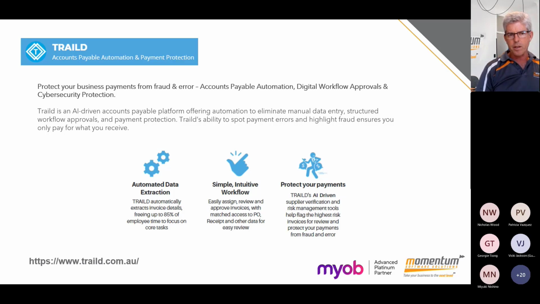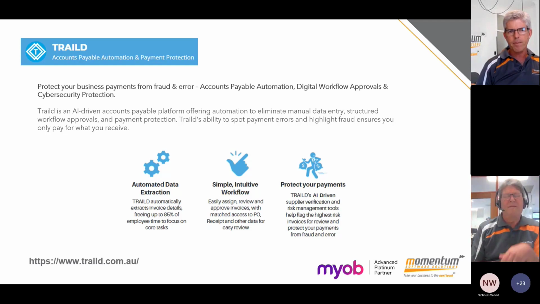What Trailed does is detect if the bank details on an invoice are different to the bank details you already have recorded against that supplier, and it will give you the ability to check. And then when you do a creditor payment run, it will analyze your ABA file and compare again if the bank details on your payment to the supplier are different to your historical bank details for previous payment runs you've done.